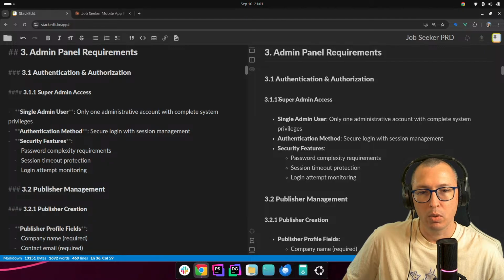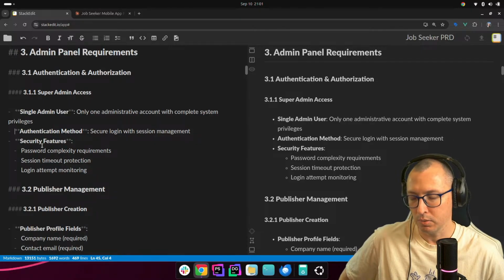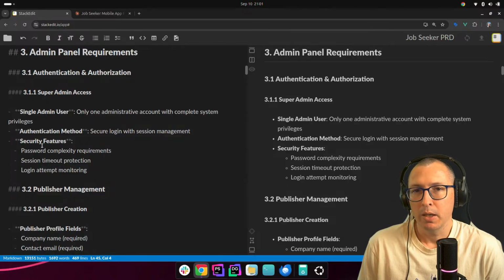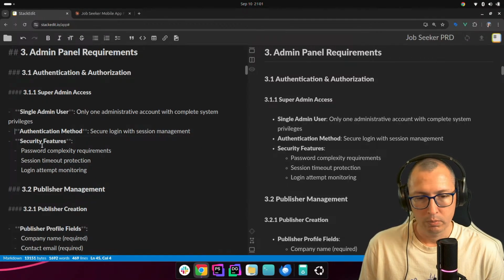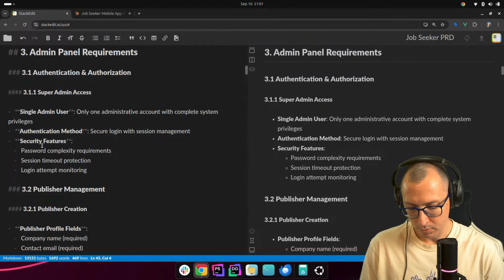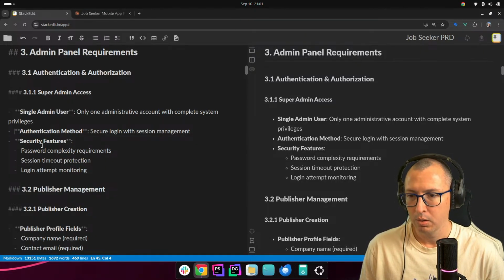We're just going to have one super admin access, single user with administrative account with complete system privileges. Authentication method, this is redundant. We don't need to know this. This is just a given. For the admin panel, we're going to use Filament, so that comes with authentication pre-built, so we don't have to worry about this.